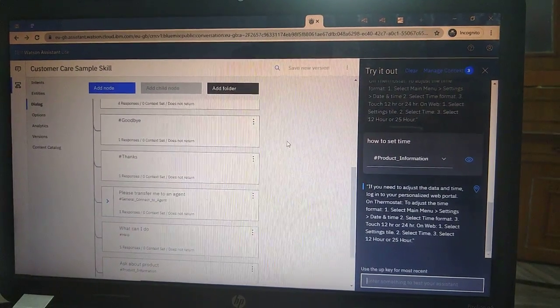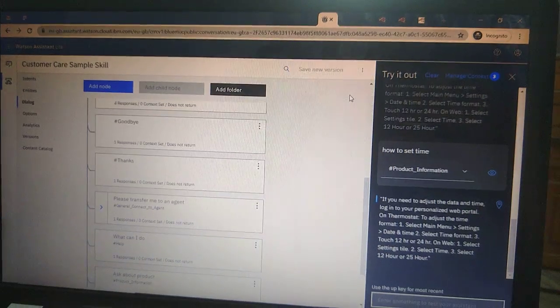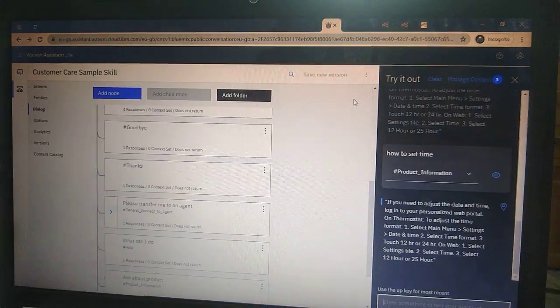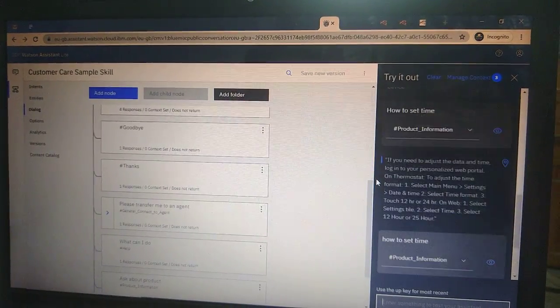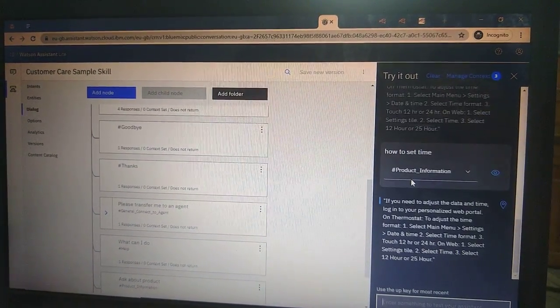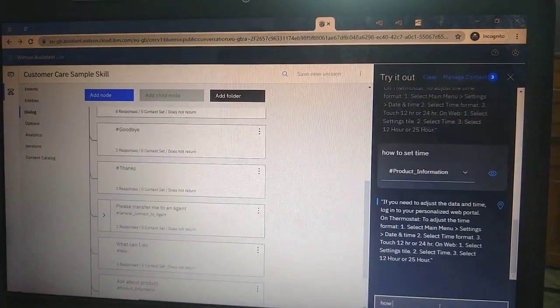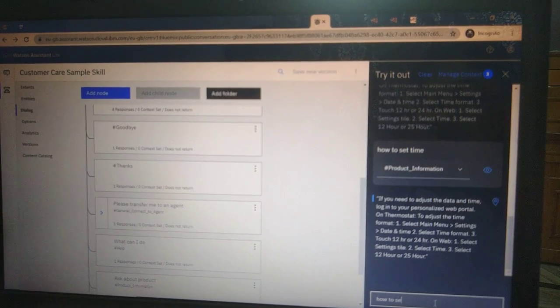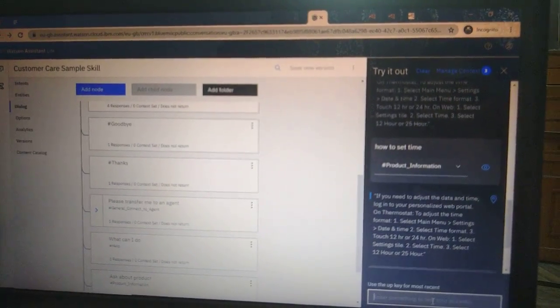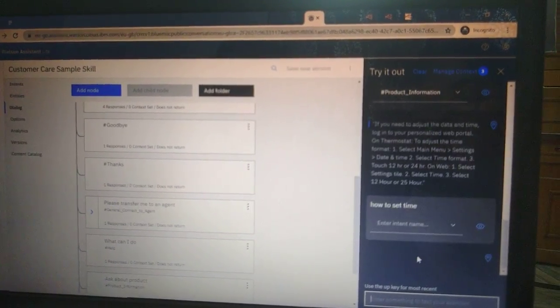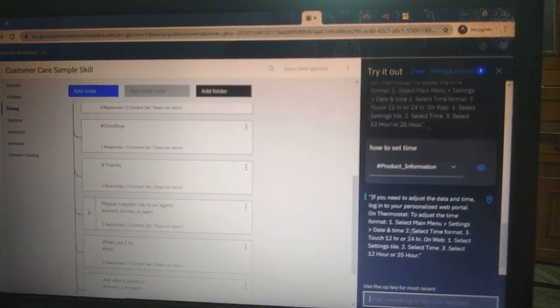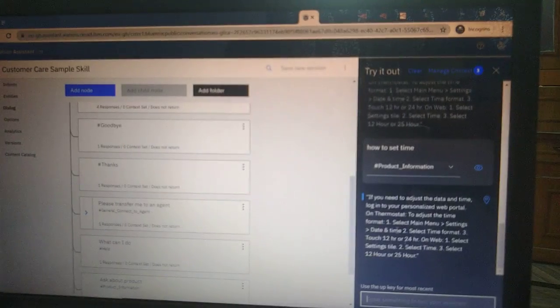Here we can add a node or delete a node, and we can also try out our search queries here, like how to set time. If I ask, yeah, it has returned the required output.